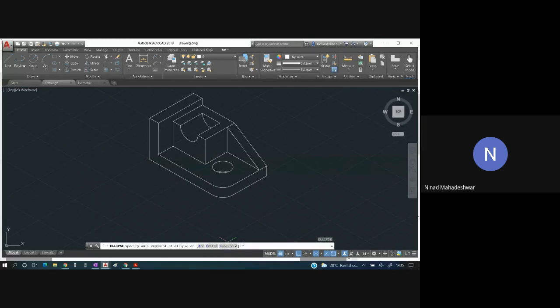If the command bar is not available, just press I, enter. It will go exactly to the center of the isocircle. Specify the center, then put the radius. Suppose the radius is 25, so you put down the radius over there. If you have to change the plane, you have to press F5.